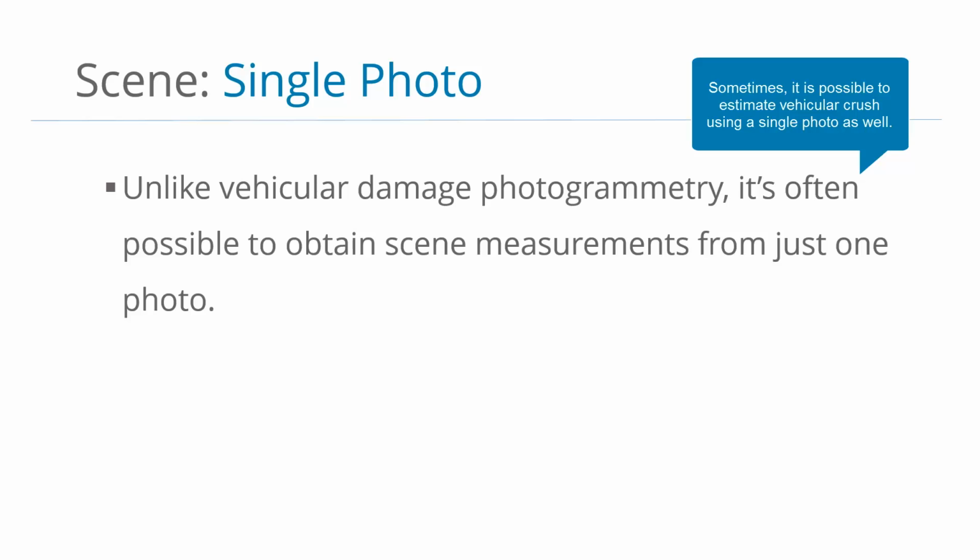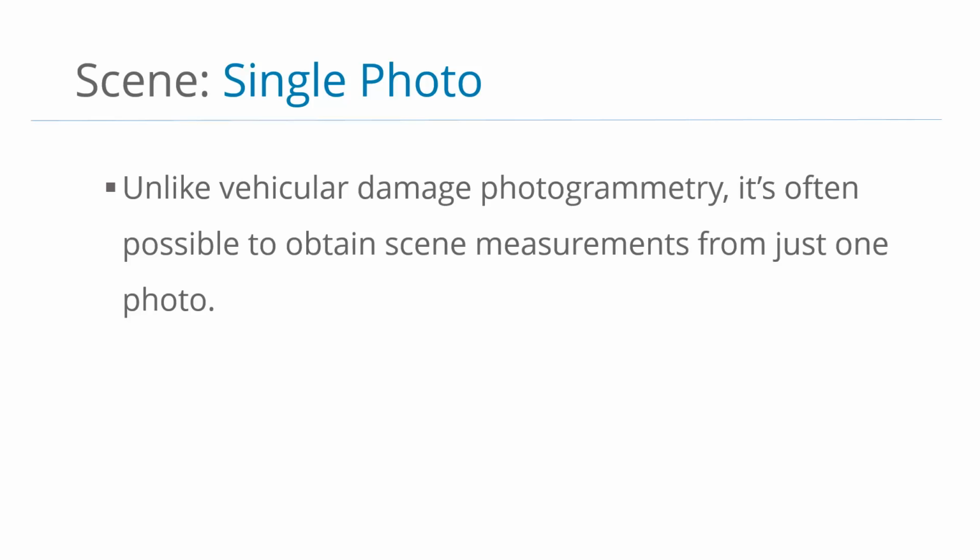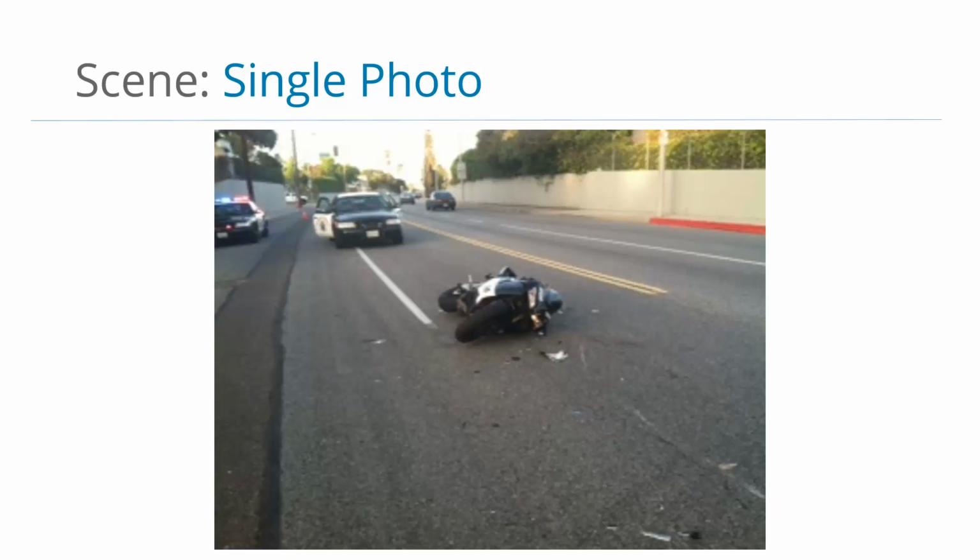And that is because we are going to be defining the surface on which this evidence exists, taking out essentially any uncertainty in the z direction, which makes the mathematics much less intense, and you can actually get measurements from just one photograph. So here, for illustration purposes, if this was the only photograph that you had, and you wanted